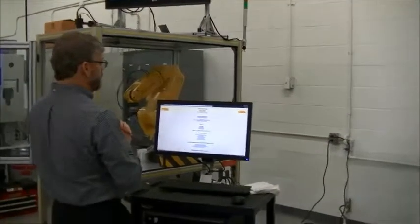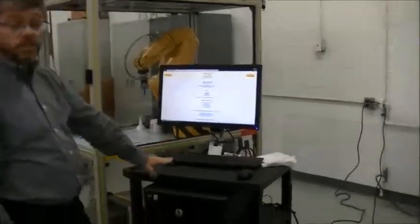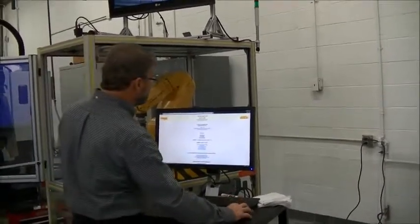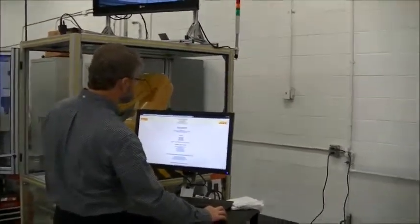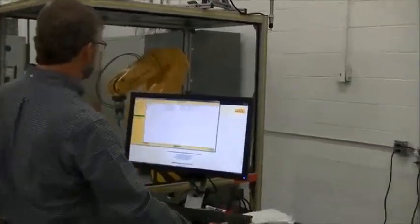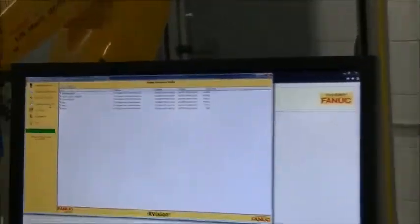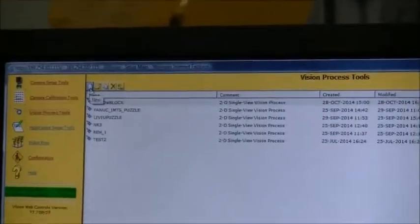What we're going to do is we have our teaching PC connected to the robot cell. We're going to go into the vision setup and we're going to create a new vision process. So we click on the Vision Process Tools, click on New, and we're going to name this,